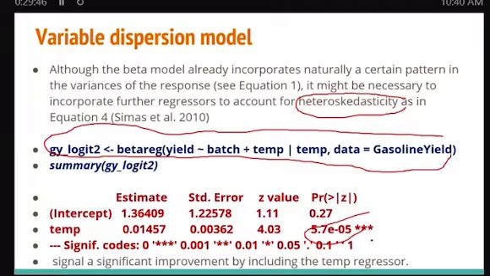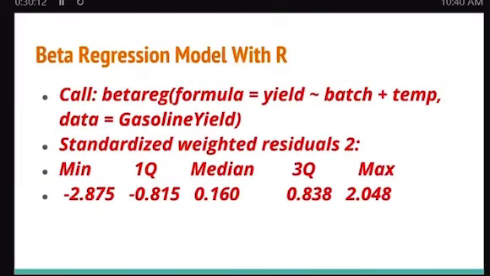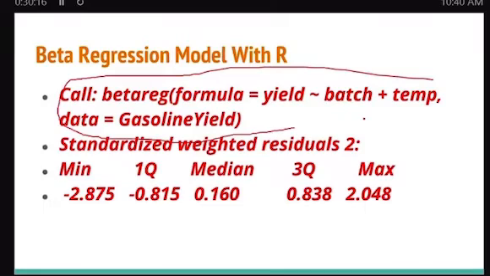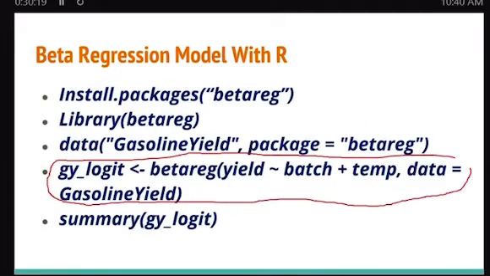And that was why I said that signals a significant improvement by including that. How do I know a significant improvement? I look at the p-value. But somebody can argue this further. We know that is significant now. But can we have a way to compare the first model, which is this model? If you take a look at this model,